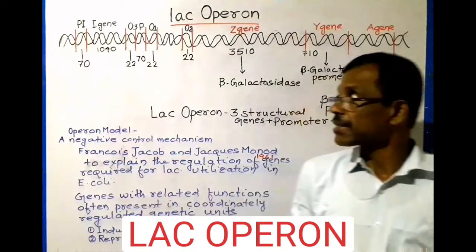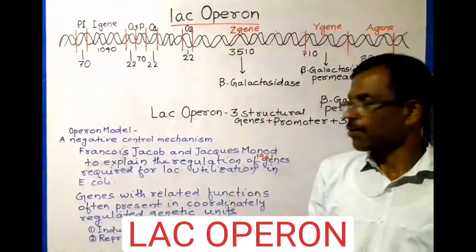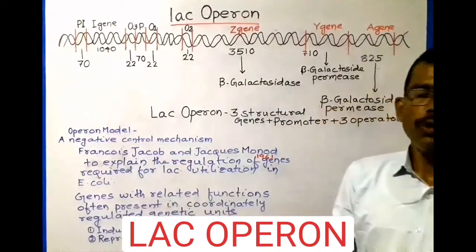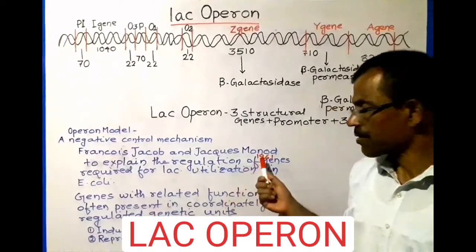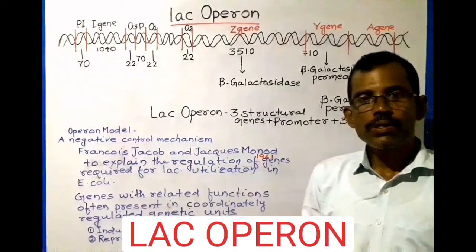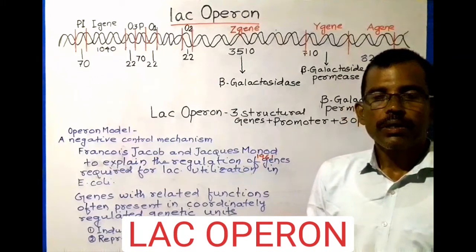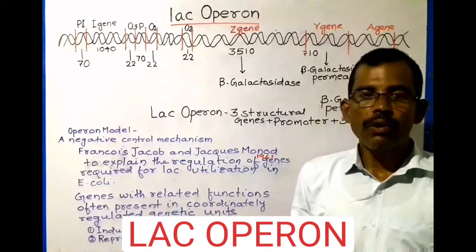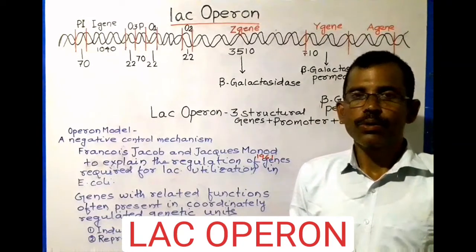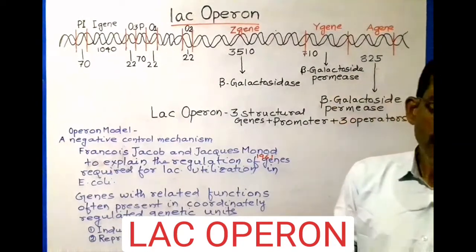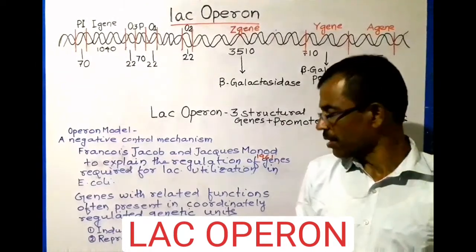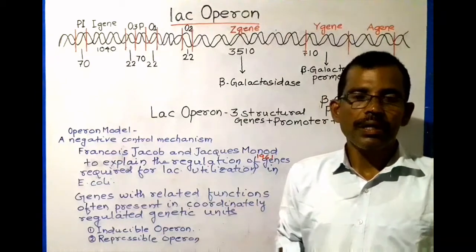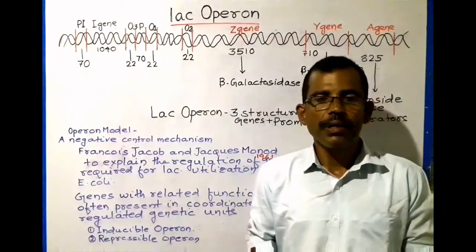Friends, today we shall discuss about LAC operon. The operon model, a negative control mechanism, was developed in 1961 by Francois Jacob and Jacques Monod to explain the regulation of genes that are involved in the utilization of lactose in E. coli. In prokaryotes, genes with related functions often are present in a coordinately regulated genetic unit known